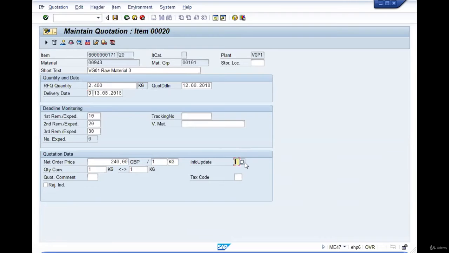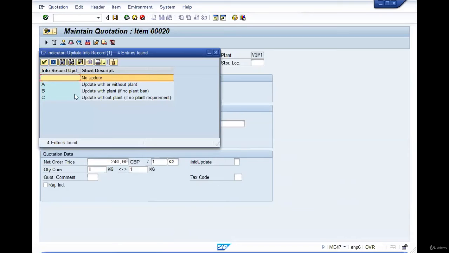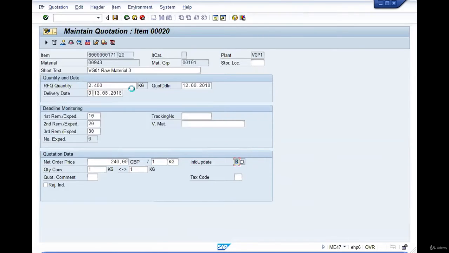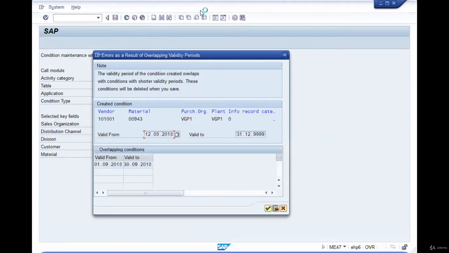Use this field info update for selecting the relevant option. Usually option B is selected, which is update with plant information only when the vendor is not blocked in that specific plant.